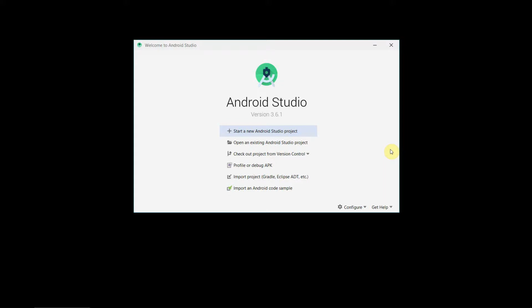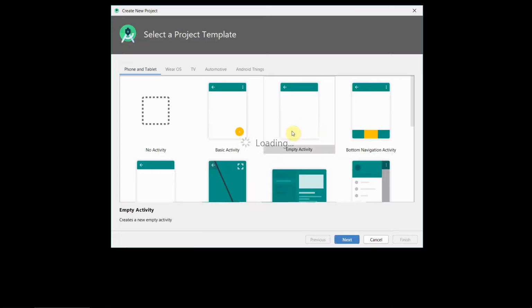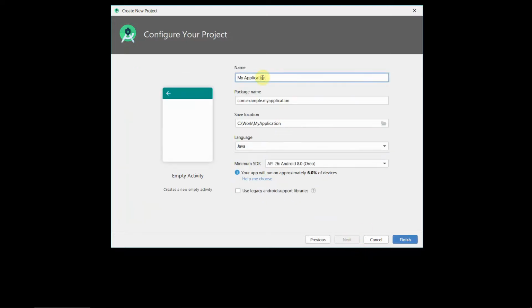In this video, I'll show you how to read or access the contact numbers stored in the phone database from your Android app. So let's begin. We'll create a simple layout as I usually do for most of my applications and focus more on the actual code. So the name of the application you can give anything, say for example my contact